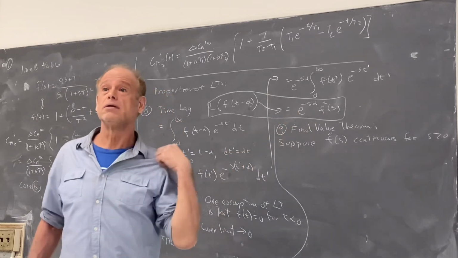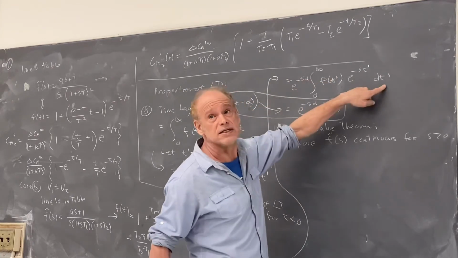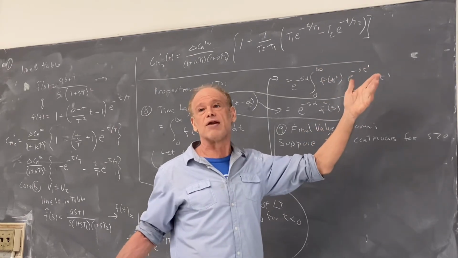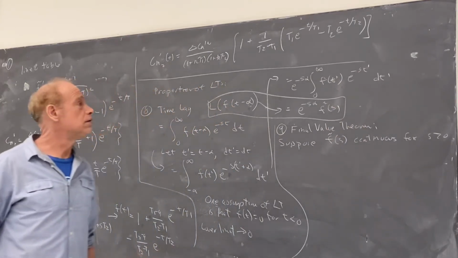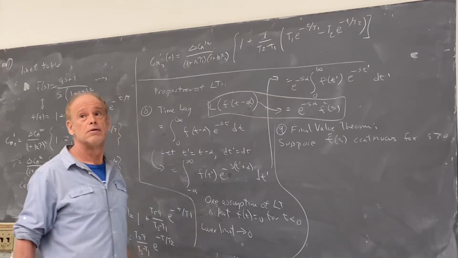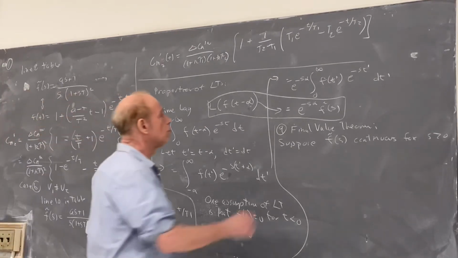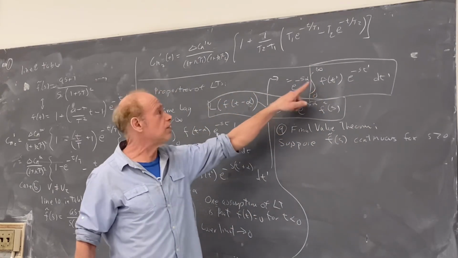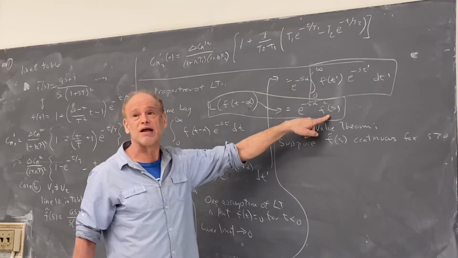So we have t prime in the exponent of the e, and I have a t prime here and a dt prime. t prime is a dummy variable, so when I integrate it, I can call it anything I like. I can call it Harry, d Harry. But we said it's going to be t minus alpha, right? Yeah, the alpha is out here. So you would have to include that in the f tilde of s. If you're saying f tilde of s is equal to that integral, well, remember, this thing here is f tilde of s because there's no alpha here. The alpha is sitting outside. So this came along for the ride, and this box gave me an f tilde of s.